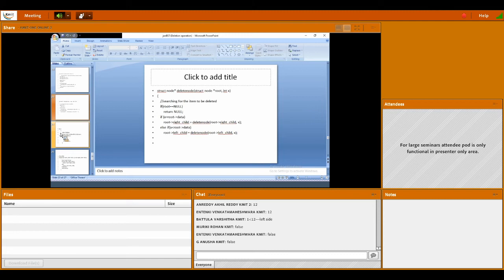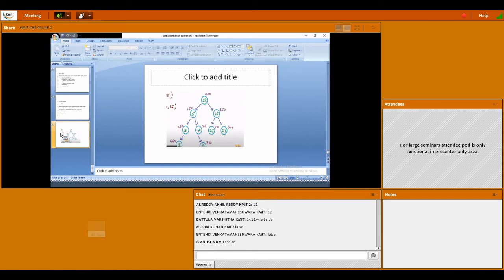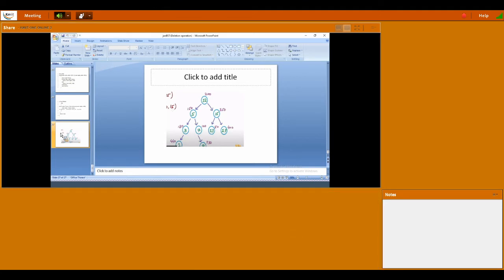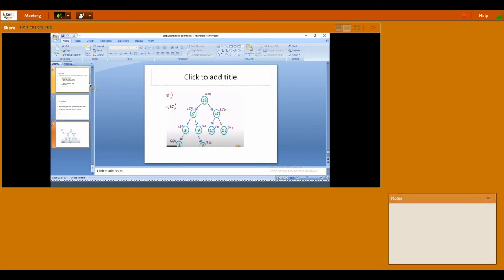Now tell me how we are going. We are going to the left part. So we are reaching 5 now, not 15. We decided that 1 is less than 12, which means we are moving to the left part.